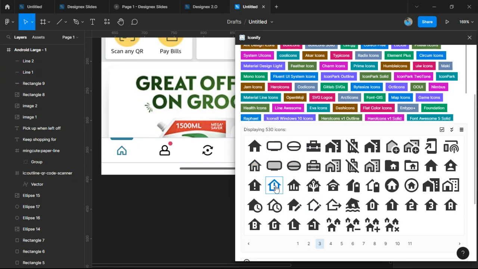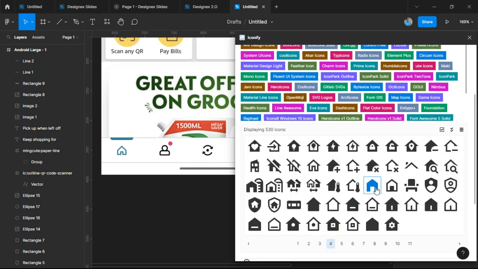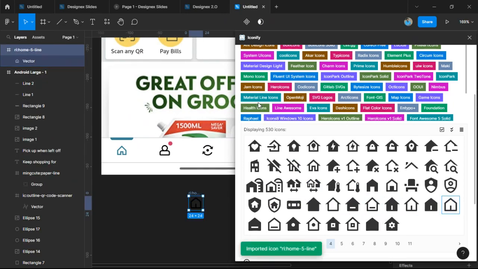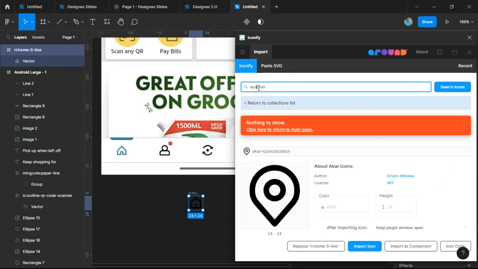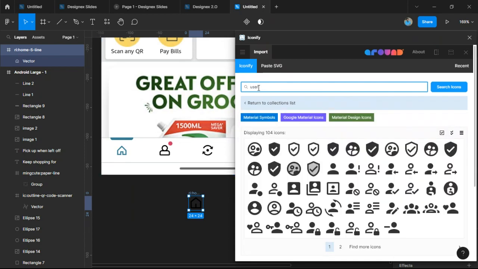Nope, this is not actually the home icon. We can find some other home icon. So let me pick this one. And also the account icon. Account or user icon. Yep, for the user icon, we can find